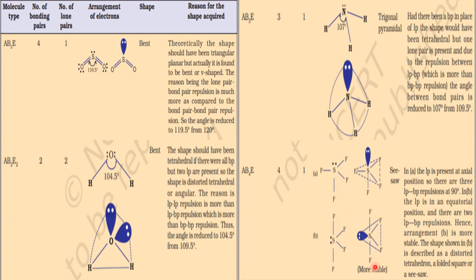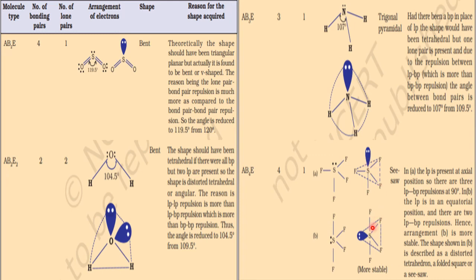This one. Why? Here the lone pair is taking the equatorial position, so it is slightly away from all these bond pairs, which causes minimum repulsions. But this one is in the axial position, exactly at the top. Again I am saying, please imagine the 3D mental picture so that we will understand. This can cause repulsion here, here, and even with this also in 3D. So with all this, it is causing more repulsions. When the repulsions are more, it is less stable, compared to this one.